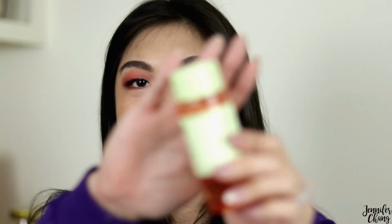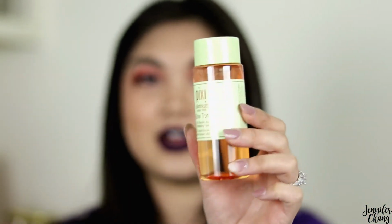This product has so many good reviews online, and I picked it up. Pixi is pretty cheap in terms of toner, but kind of expensive in terms of toners you can get at a drugstore. And I gave this an honest shot. I have used quite a bit of this, and it honestly just makes my skin feel dirty. You know how you're supposed to wash your face and then apply toner and it leaves you feeling refreshed and you can put on moisturizer afterwards? My face feels clean after I use my cleanser, and then after I use this toner,